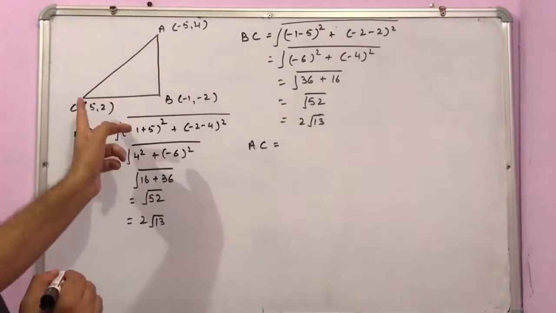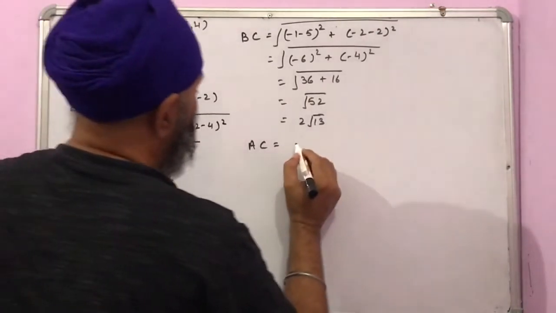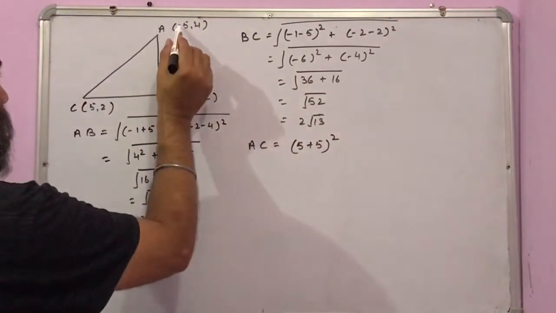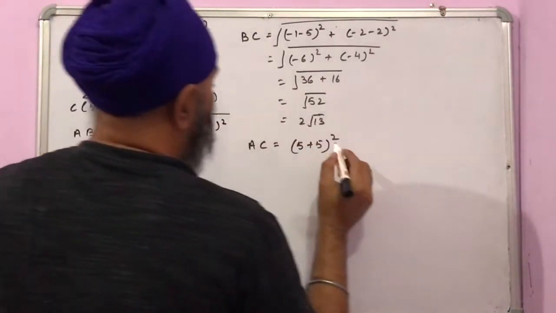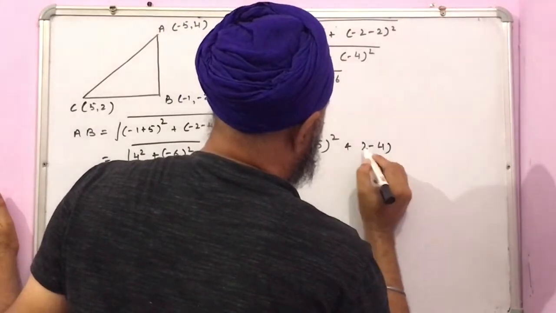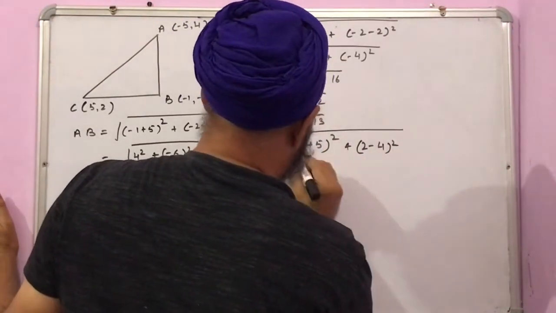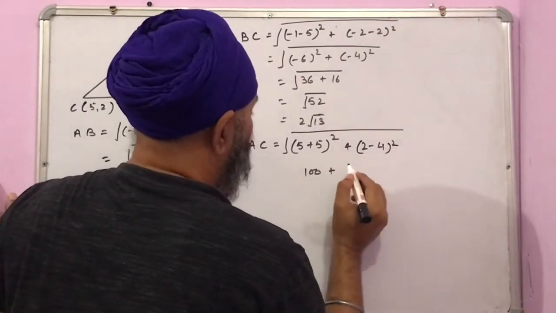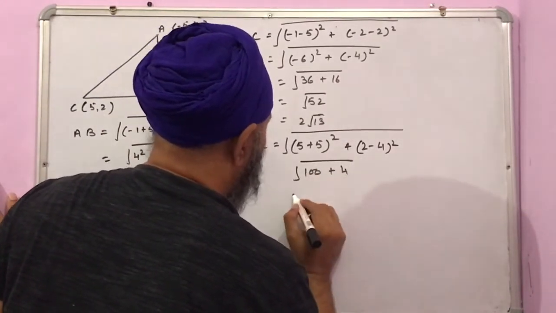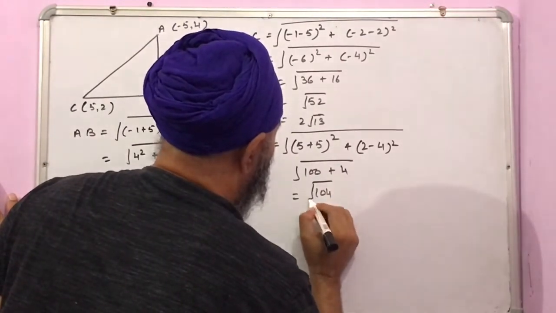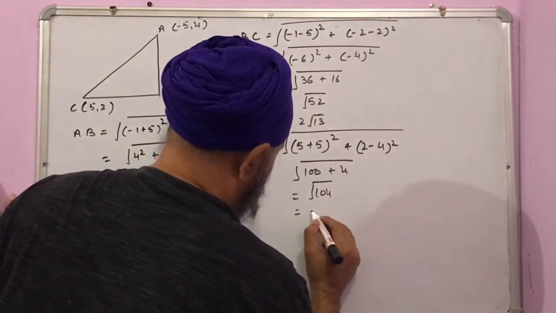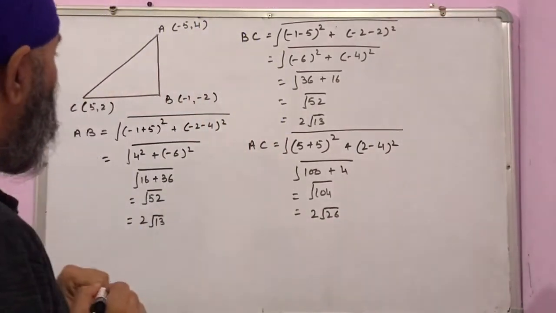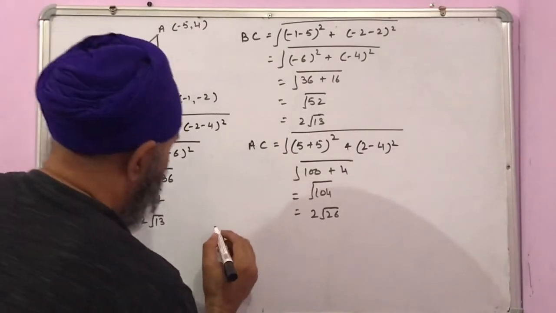AC is (5 + 5) square, minus minus plus, then (2 - 4) square. 5 plus 5 is 10, square 100, and 2 minus 4 is minus 2, square 4. It is 104, or 2 root 26. Now a triangle is a right angle triangle